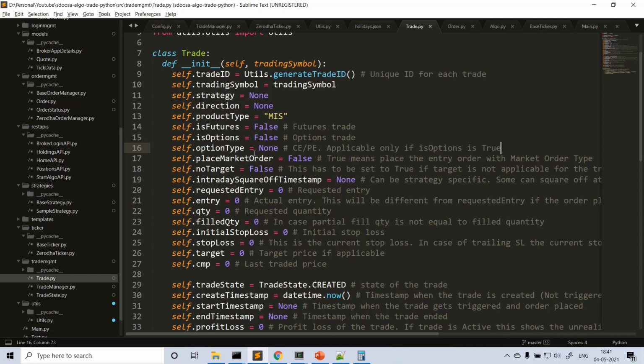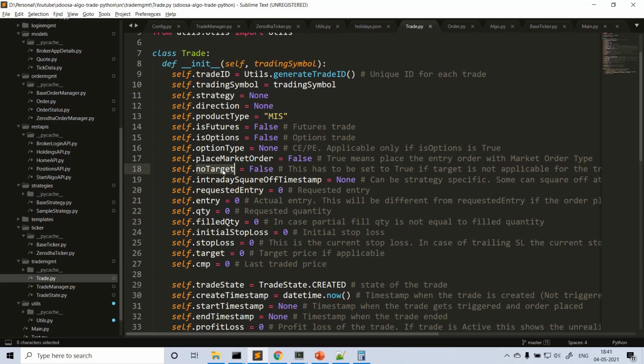You can use it or not, that's okay. And place market order: once you create this trade, you can instruct the trade manager to place a market order or not. If it is true, it will just place a market order. Otherwise, it will place a limit order at the requested entry price. So this is the request entry. There are things like no target.